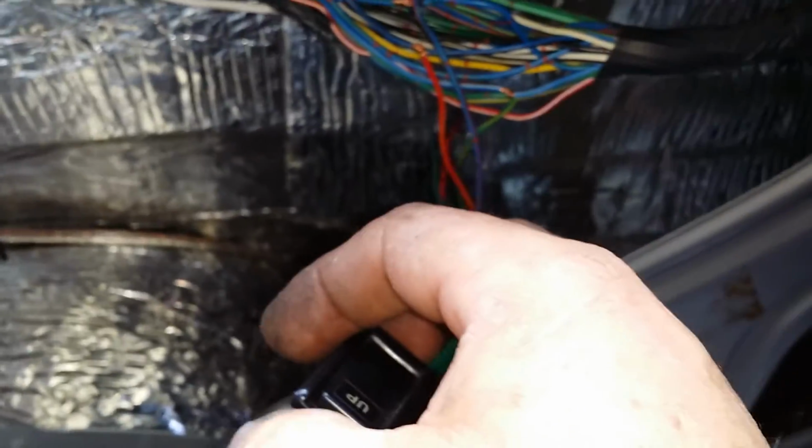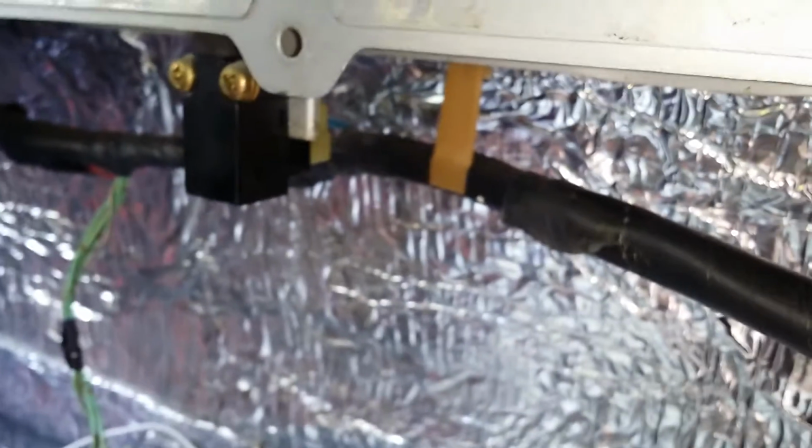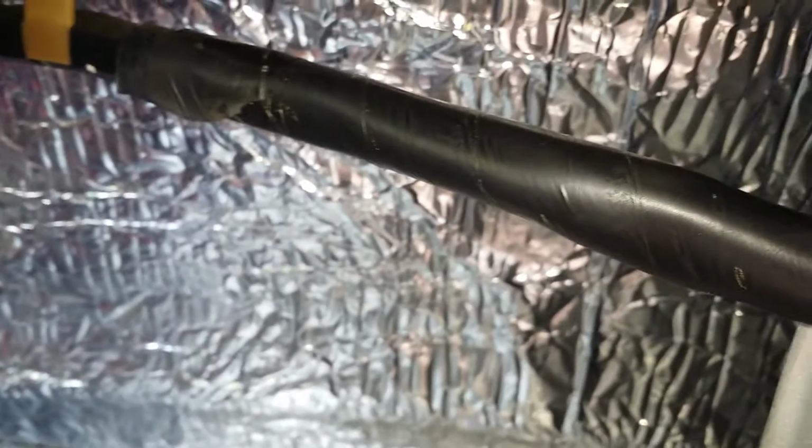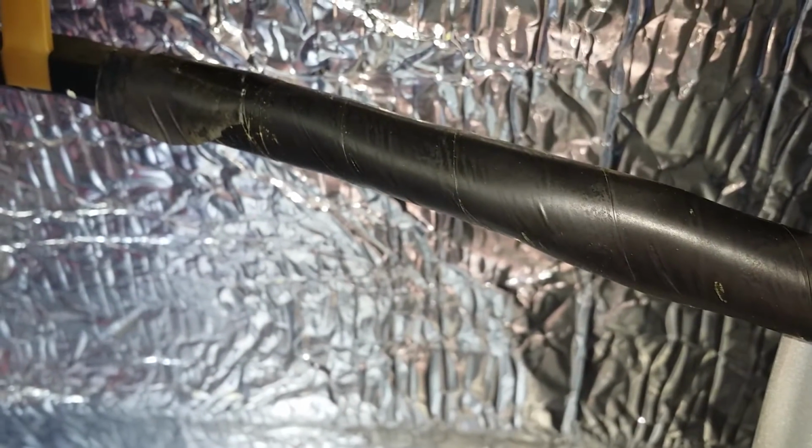Otherwise I would have done it where Rad 4Runner, Ray, did his right back here. There's a crimp right in here. This is all wrapped and then also run through fairly thick tubing. I'm assuming that's because it comes around the edge right here and goes right up against the support of the inner of the rear panels. Anyway,